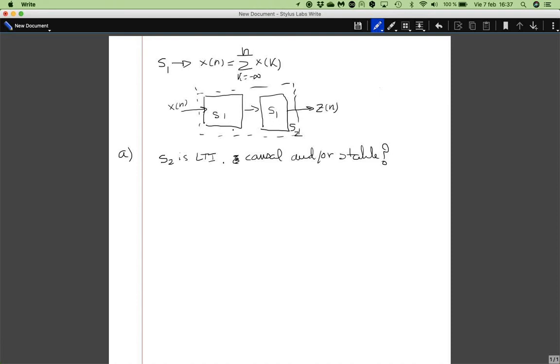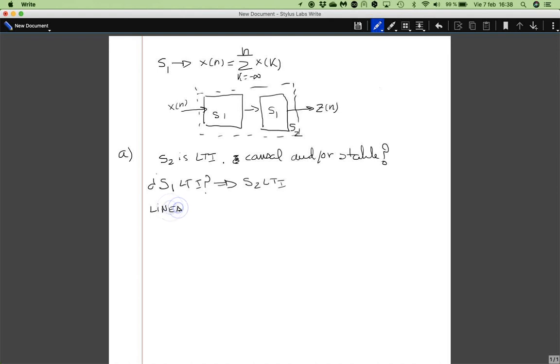So basically, if we demonstrate that S1 is LTI, then directly S2 will be LTI, because S2 is made out of two S1s in series. Okay, so let's check